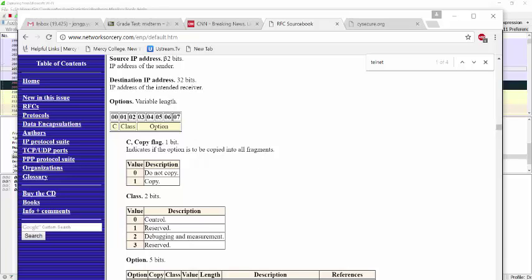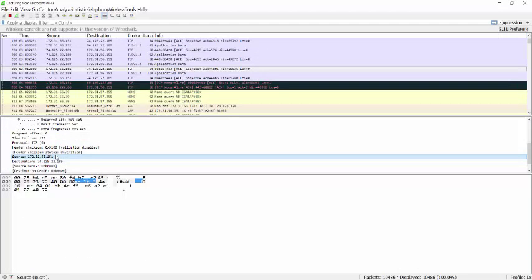The source IP address is written in 32 bits. So that 32 bits is nothing but here. Somehow here, 32 bits from here to there, right? Why is it cut off like that? I don't know why. Maybe I need to download the proper